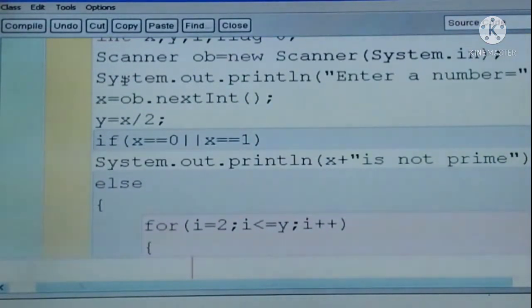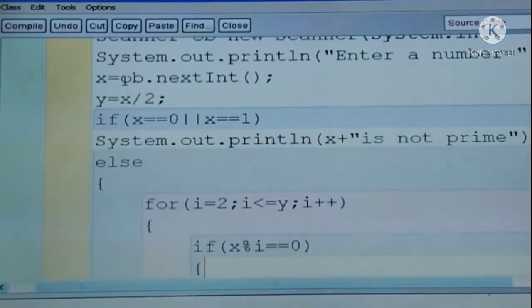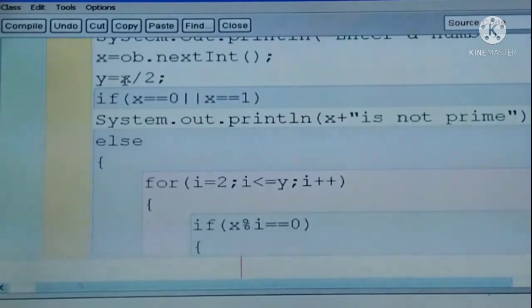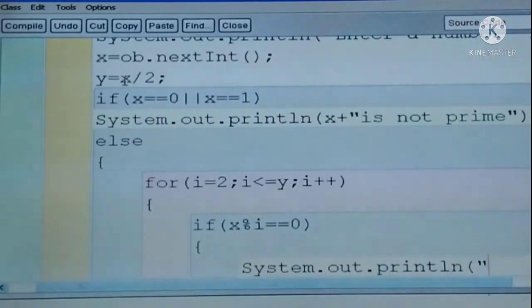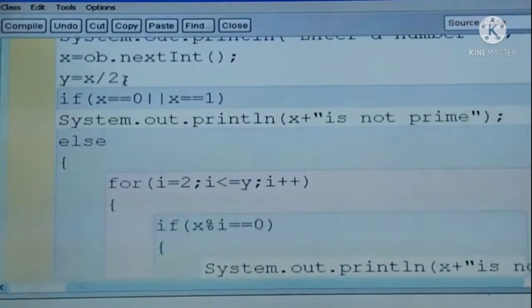This is for. So if, where is the number x? So x modulus i is equal to 0, then System.out.println is not prime.